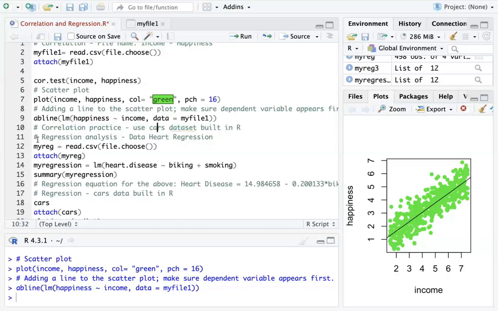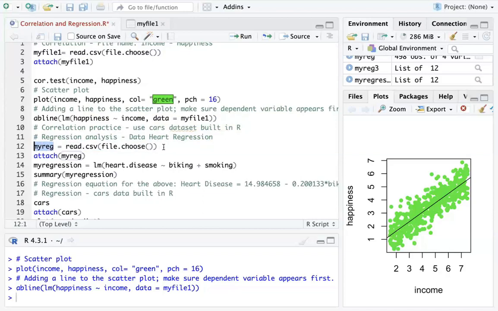But now I will move to regression analysis. And for that purpose, I will use data that's called heart regression. And again, this is data that's not built in R, so I need to import it. For that purpose, I will use this command. It's the same command that we use to import external data into R. And myreg, that is just the name of the object, where I can choose any name, is equal to read.csv